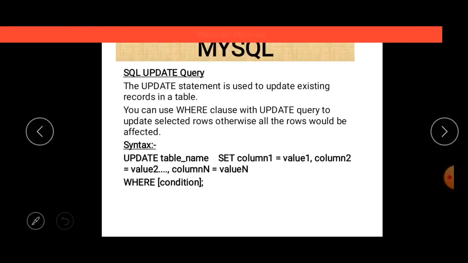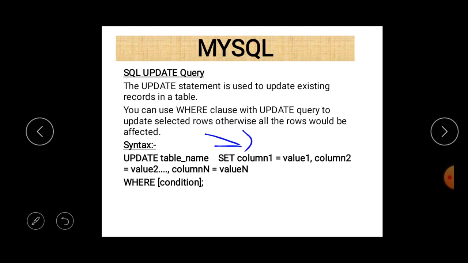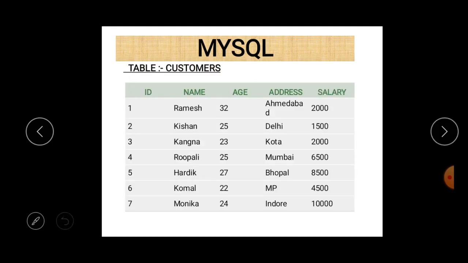So these are the different commands we just studied in this video. Let us take a quick revision of all these commands. First of all, the update query command. The update command is used to update the data, and it is a DML statement. With update, always remember that the set keyword is used to set or update a value. And if we want to update a particular record, then the where condition should be used just after that.